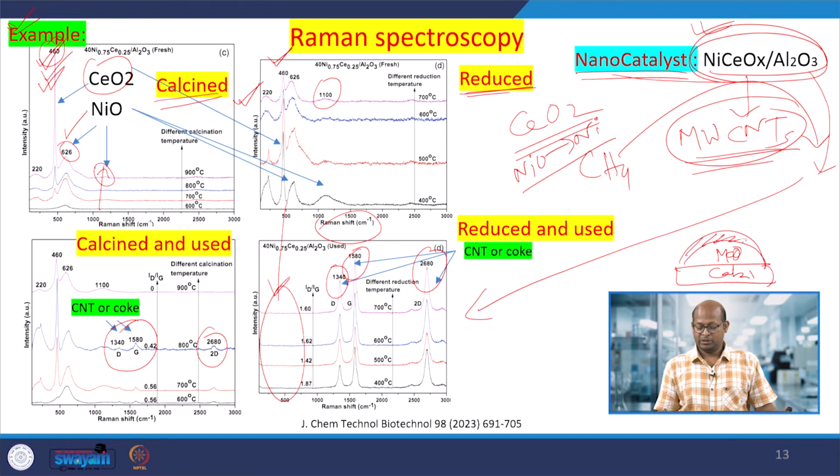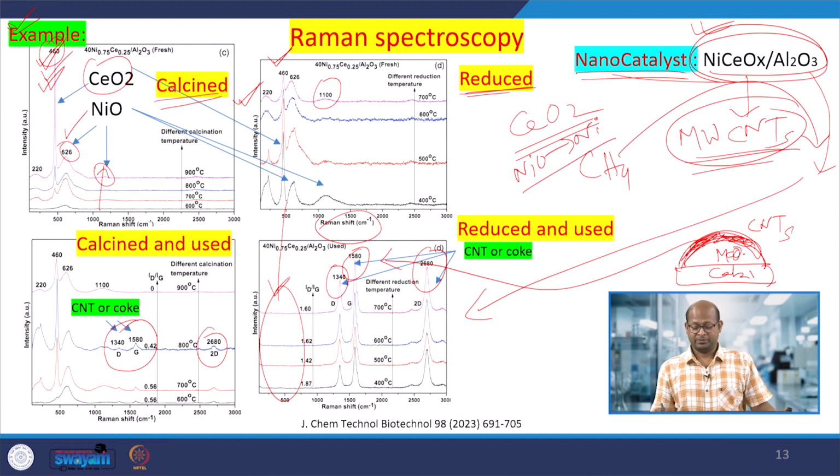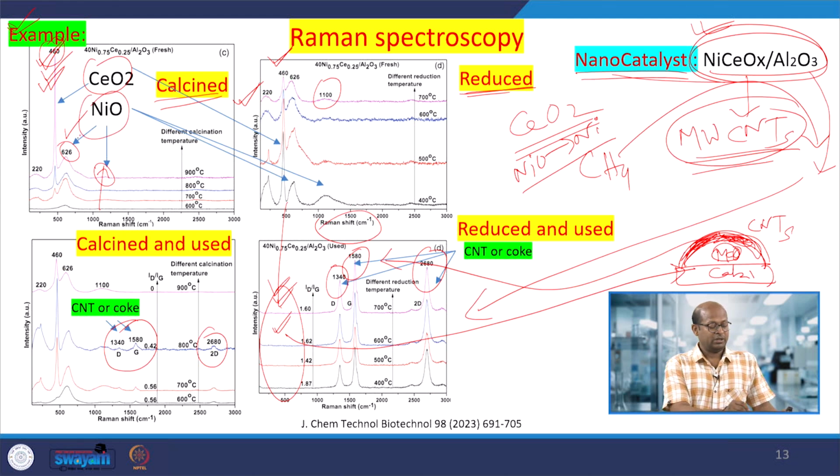deposited over the material or catalyst, then only the exposed CNT we are getting by this. Inside of this CNT, the metal oxide or catalyst that is present is not detected here, because it is covered by that CNT. So that is why at this particular point the metal oxide bond vibrations are absent. If we are able to separate out this CNT, then again here we can get the signals of ceria or nickel oxide, whatever